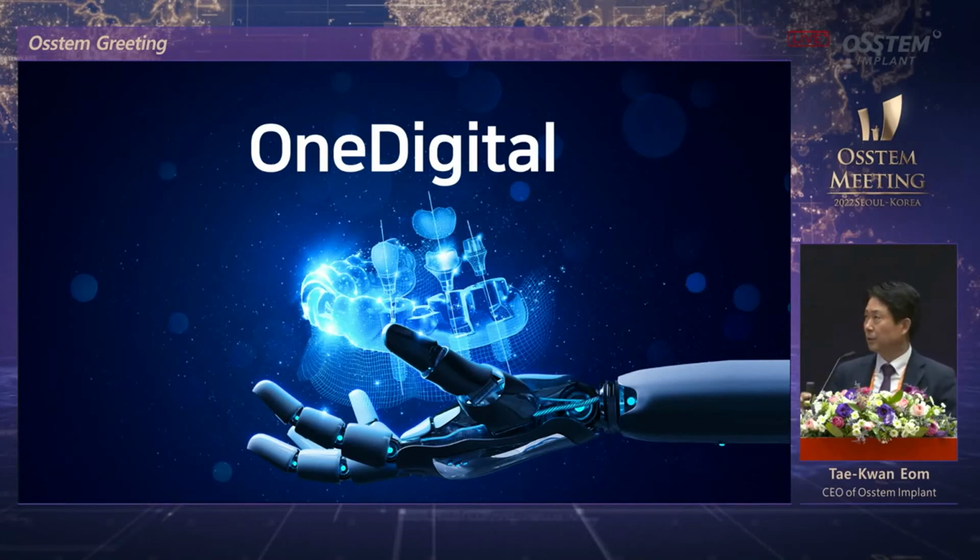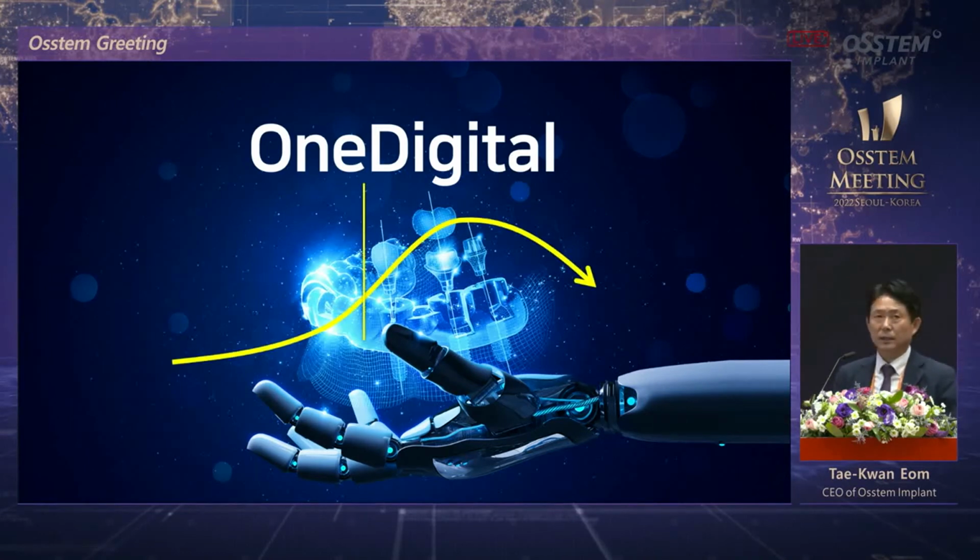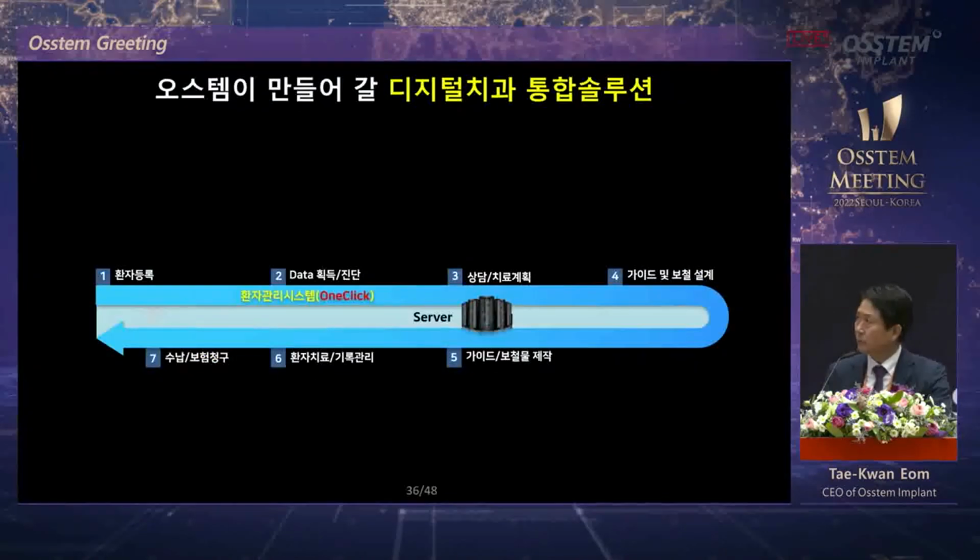As I said before, implant technology. The paradigm shift can be brought in by digital technology. Where is the digital technology level? I believe it goes into the maturity level. It passed the introduction phase. A lot of changes can occur in the future. How can that be achieved? Osstem's approach is something I want to talk about.